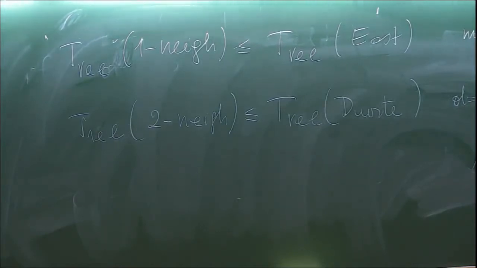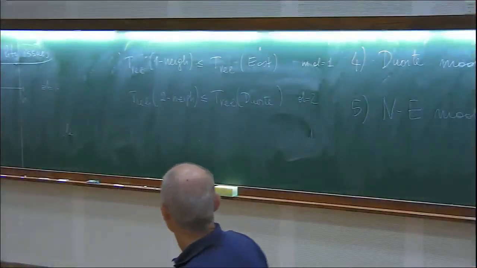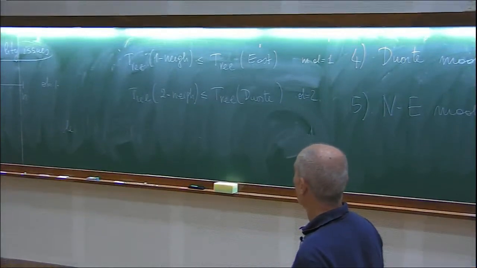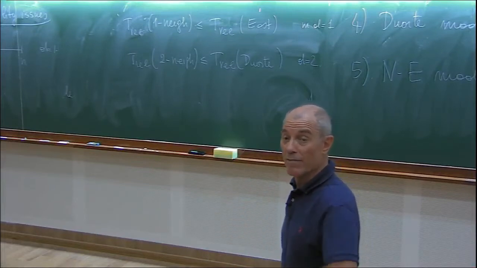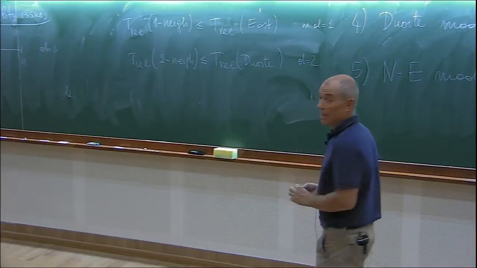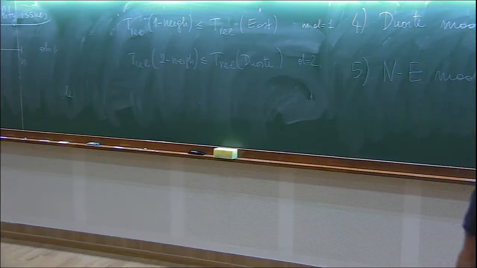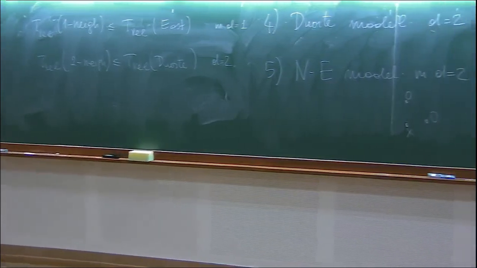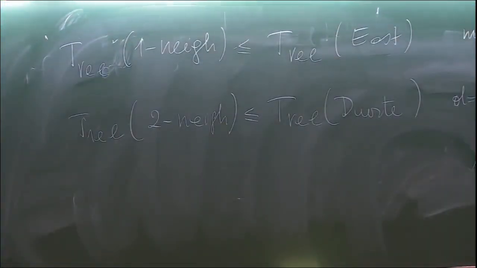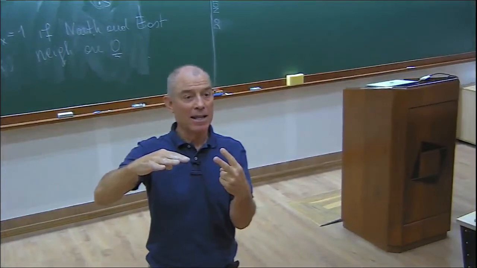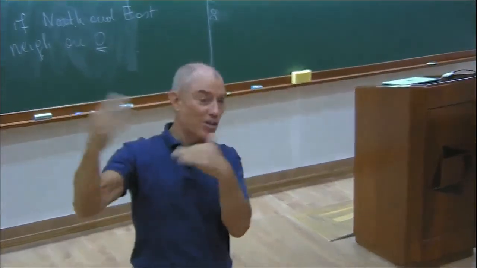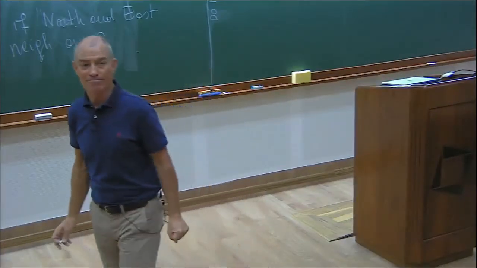Oh, from d equal to 2 to 3? Well, also, no, because, for example, if you ask that two of your neighbors are 0 in 3 dimensions, then you can compare it with two of your neighbors on, say, the horizontal plane only, and this is more constrained, right? And therefore you also get some monotonicity in that sense. So you can play with that.